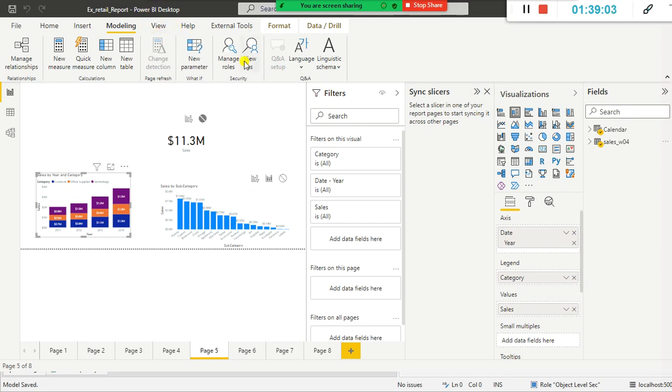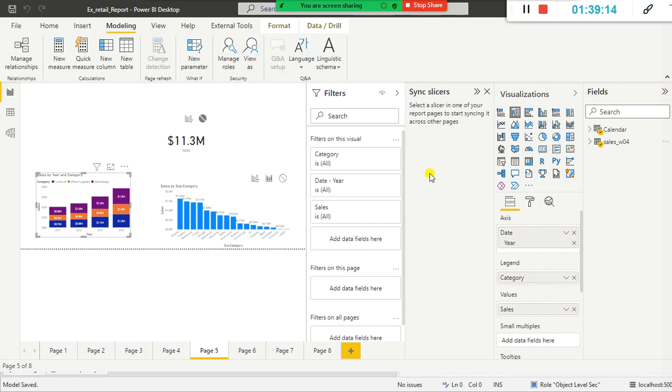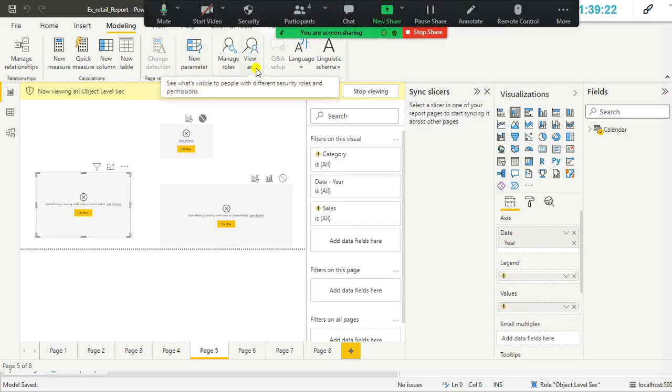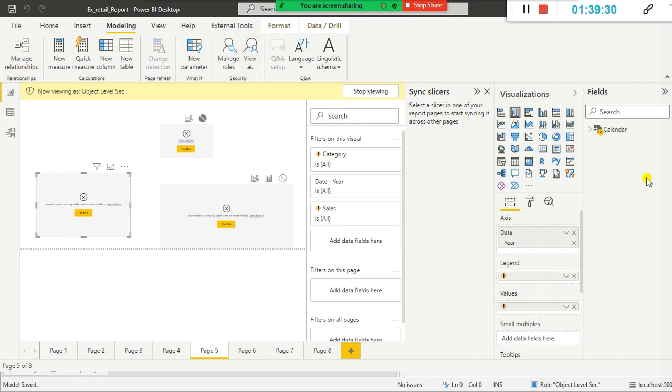So here, manage view as, object level security. Yeah, you need to test it with view as. When I don't apply that object level security, the table was visible.